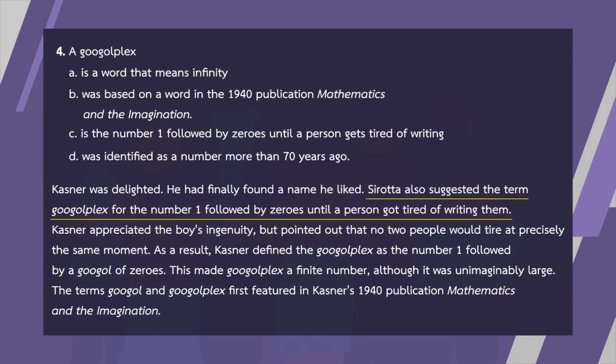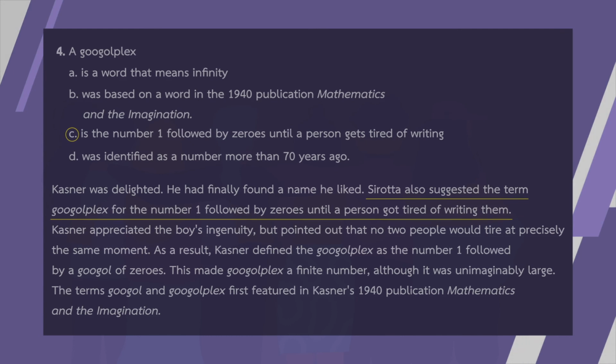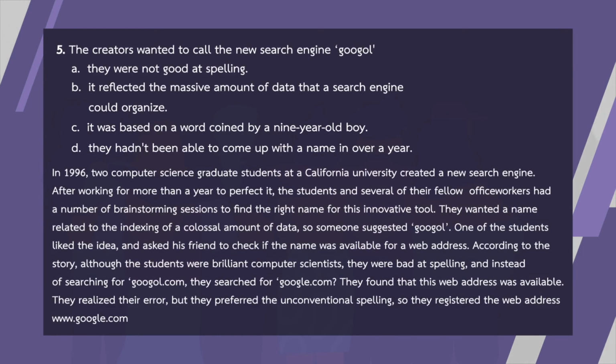Number 4 a Googleplex ก็ไปหาคำว่า Googleplex ค่ะว่ามันอยู่ตรงไหนเนาะอยู่ใน paragraph นี้ค่ะ Sirota also suggested the term Googleplex เห็นไหมนะคะ for a number 1 followed by zeros until a person got tired of writing them เพราะฉะนั้น a Googleplex ตรงนี้นะคะก็ตอบได้เลยค่ะ is the number 1 followed by zeros until a person gets tired of writing เจอเป๊ะๆเลยเนาะ